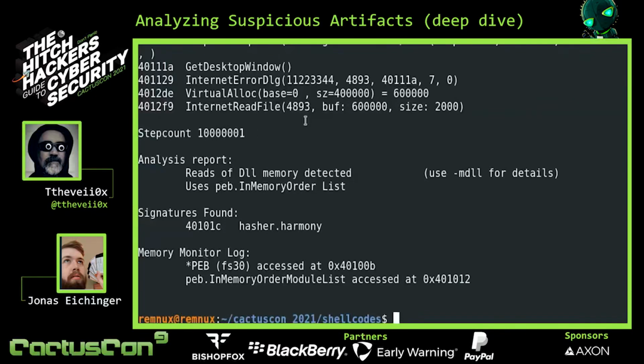But obviously, because there's no active C2, it's not going to be able to download anything, so it just kind of stops here. And then we run out of our step counts and it ends the analysis. So we can see that it does a DLL memory read that was detected. We have a signature found for the hash or harmony. And yeah, that is what we can see with